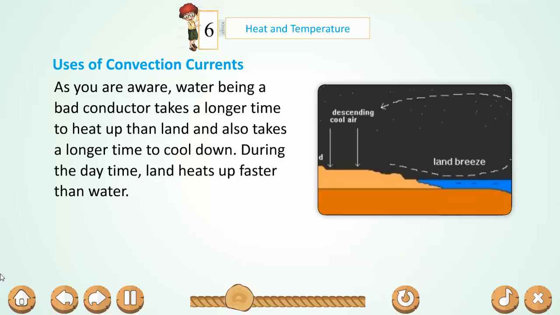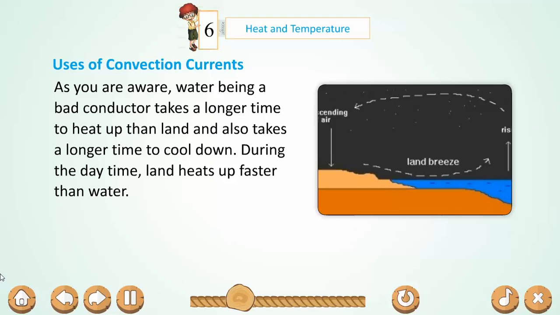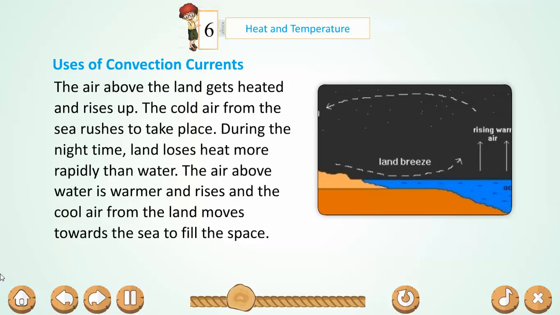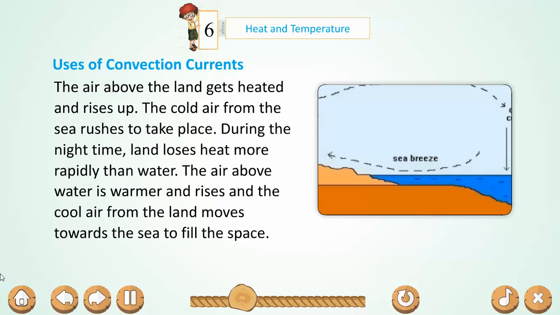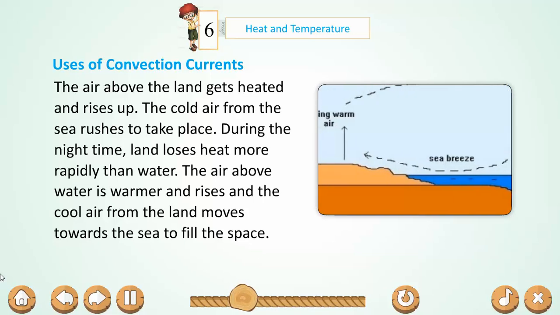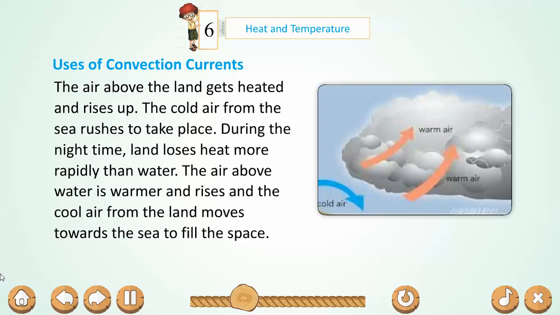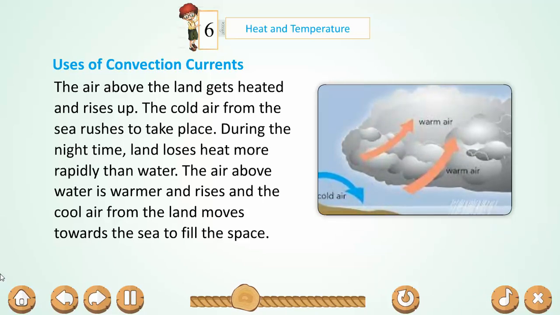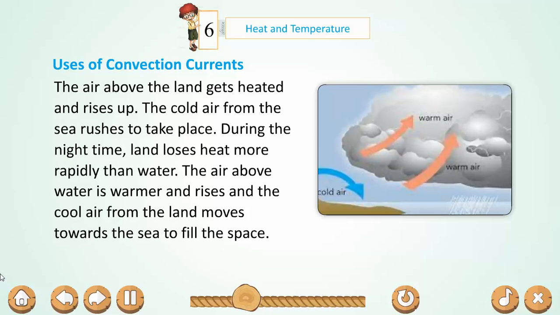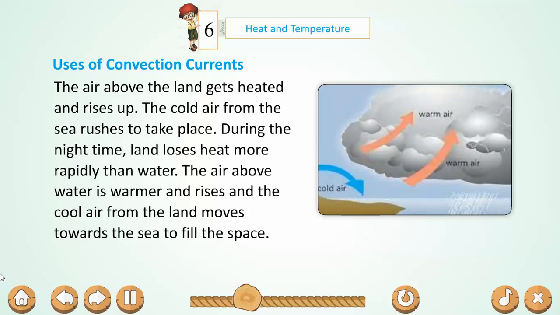During the daytime, land gets heated up faster than water. The air above the land gets heated and rises up. The cool air from the sea rushes to take its place. During the night, land loses its heat more rapidly than water. The air above water is warm and rises, and the cool air from land moves towards the sea to fill